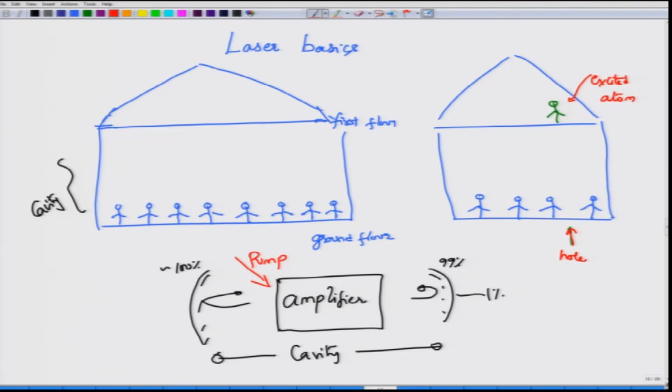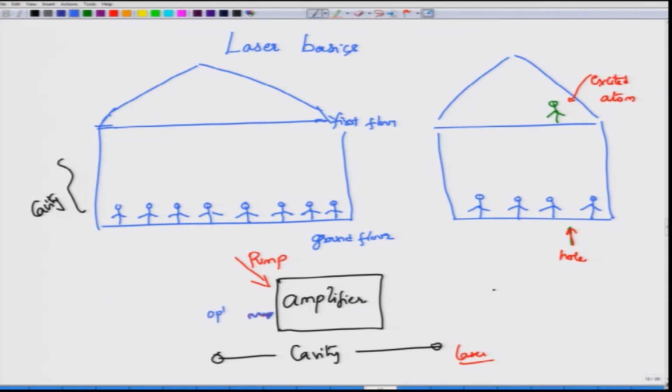If you now just look at this picture, which is actually a laser, most lasers have these three components. Now if you take away the mirrors, and retain the pump and the amplifier, but now supply weak signals from the outside, so this is the optical signal that I am sending in, what you would get would be an amplified optical output. In that case, this is acting like a simple amplifier.